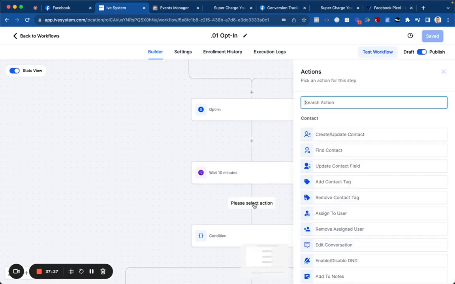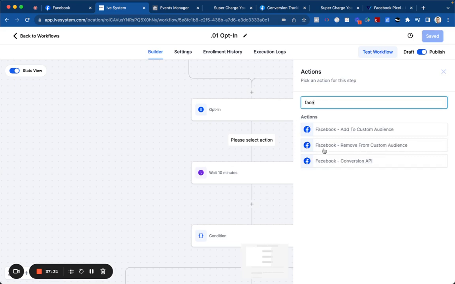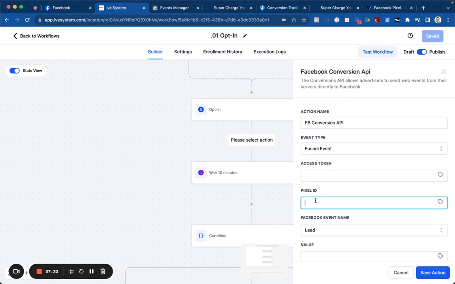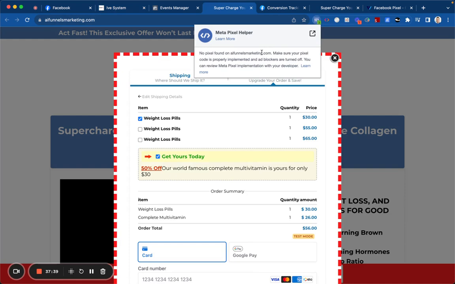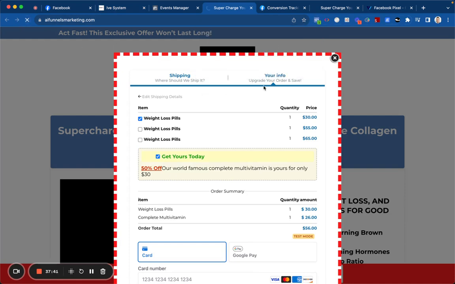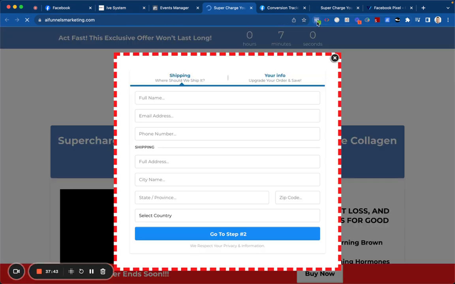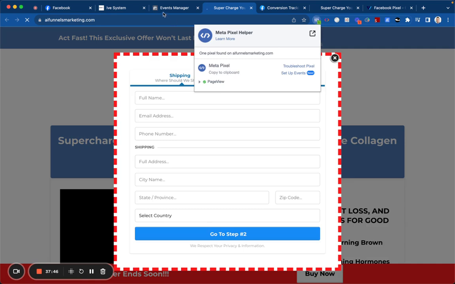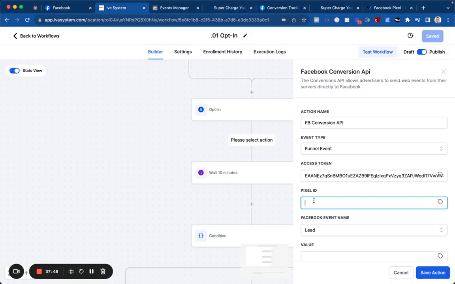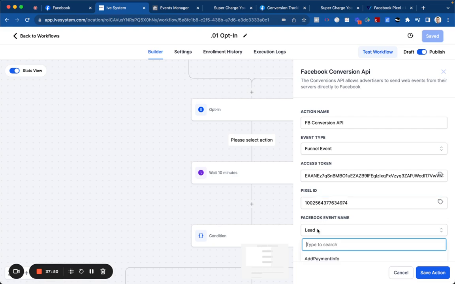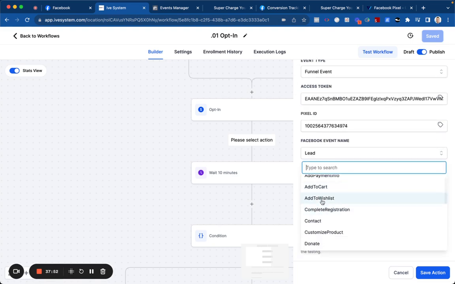So I'm going to go back here. I'm also going to add this to Facebook, the Facebook Conversions API. And we're going to say the code here, as well as I want to go grab this code again, and I want to put this in here. And I also want to make sure to put